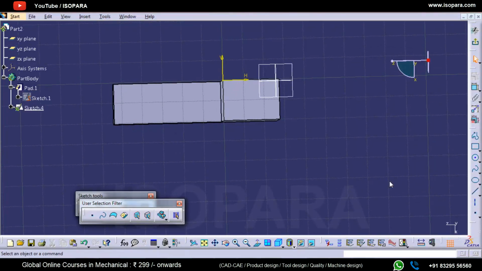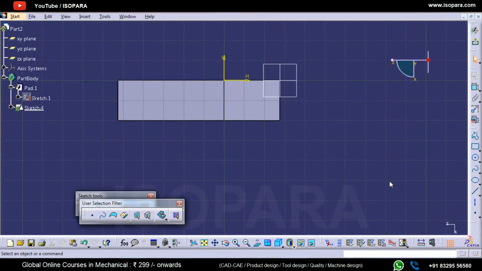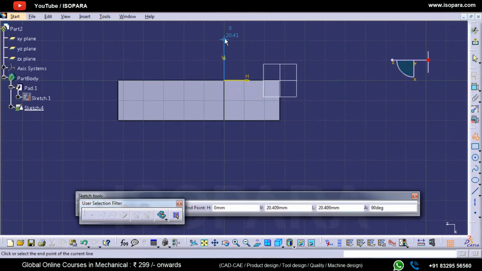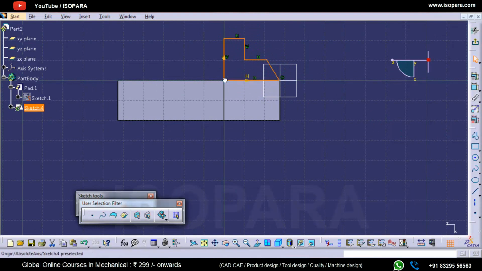If I click OK, you will find my sketch, and now I can make the sketch I described here. This is the good practice for working in the sketcher, with the positioned sketch.